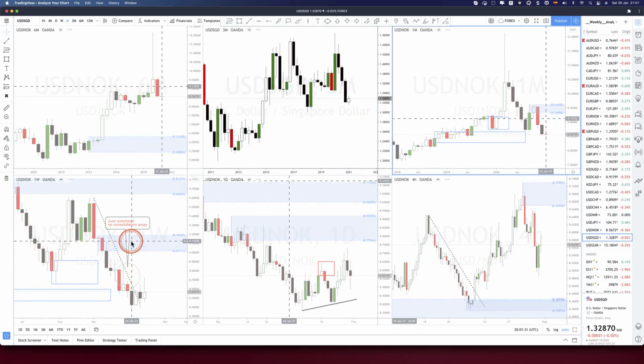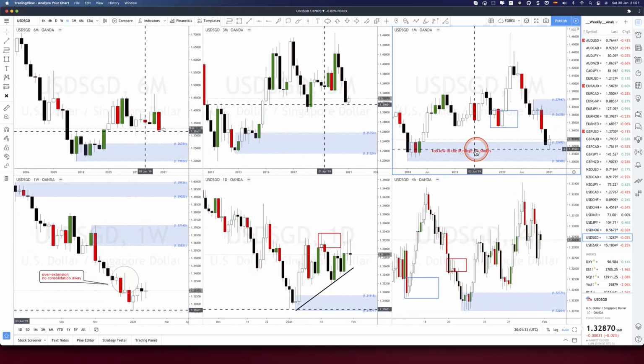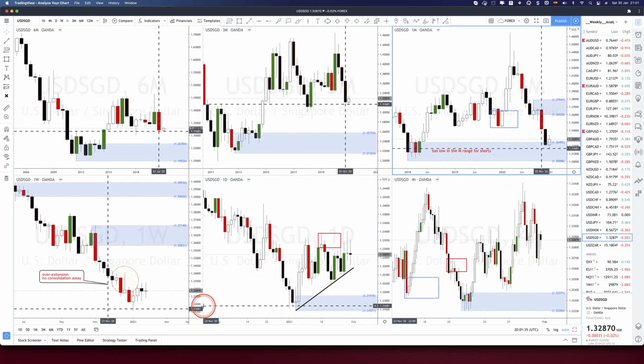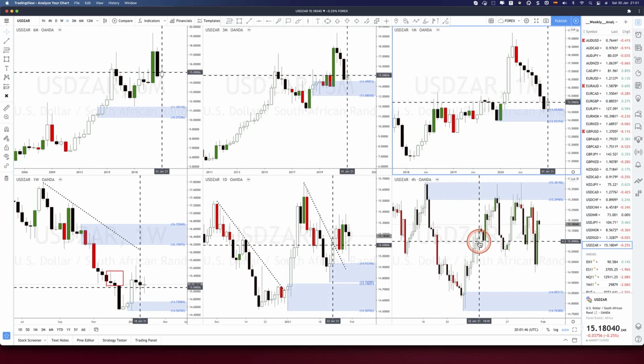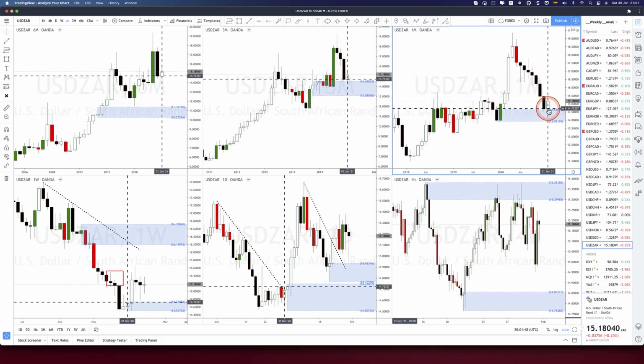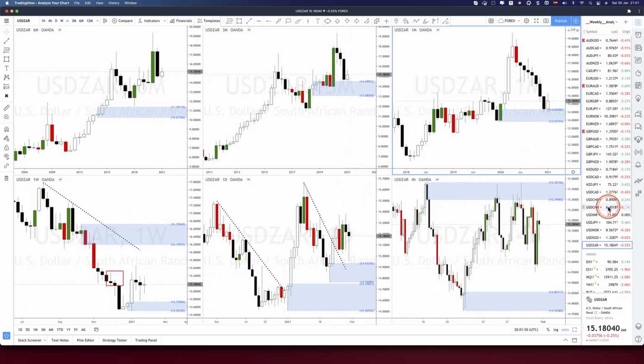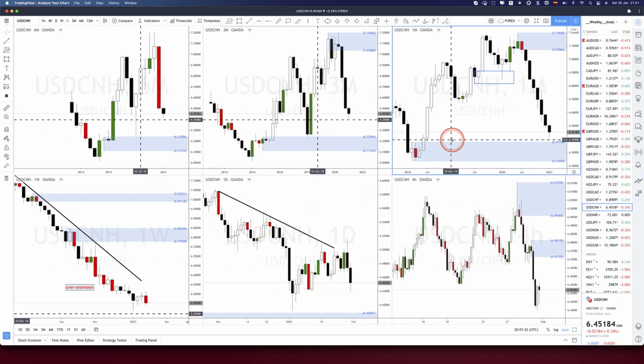Singapore dollar versus the dollar, monthly area of demand is in control, weekly at balance, longs and new areas of demand. So right now, waiting for new strong areas of demand to be created. On South African rand versus the dollar, we have long bias, monthly uptrend, monthly area of demand was reached. That's what we are waiting on Chinese yuan versus the dollar, but it didn't happen yet.